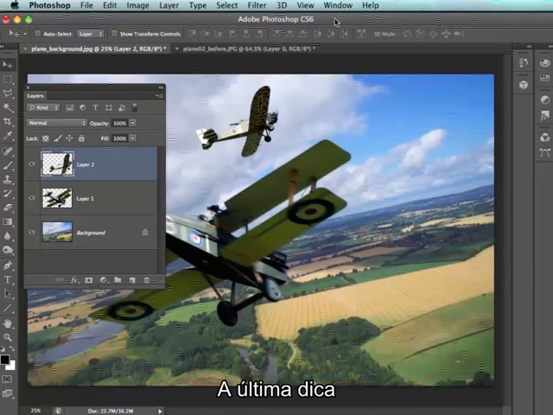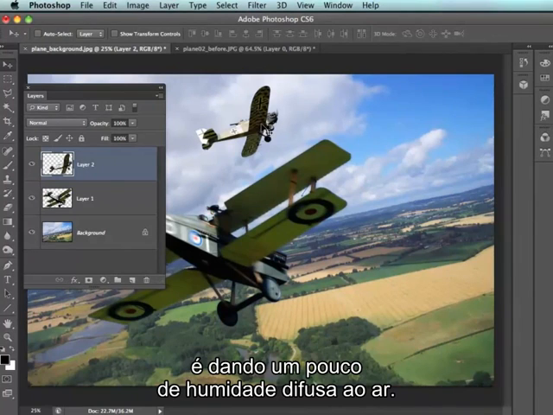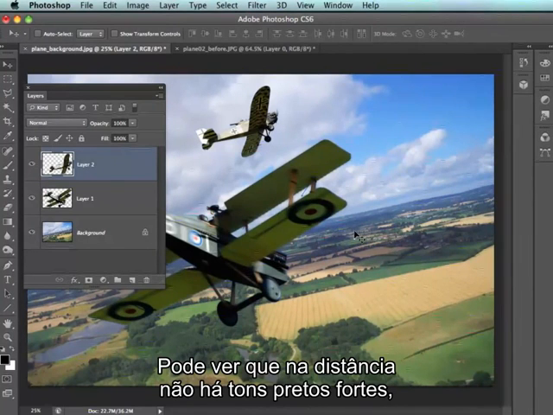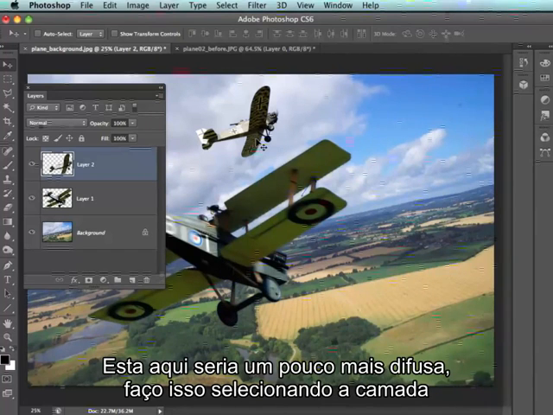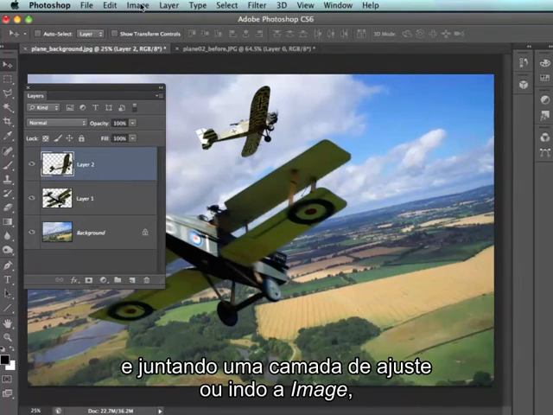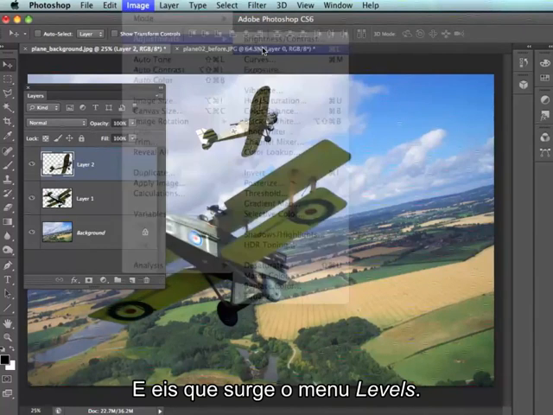Okay, so the final tip to make these planes in the background look more distant is to add a bit of diffuse moisture to the air. You can see in the distance there aren't any very strong blacks, whereas in the foreground here we've got a very dark area in the plane. This one here would be a little bit more diffuse, and we can do that by selecting the layer and then adding an adjustment layer, or going up to Image, going to Adjustments and choosing Levels,